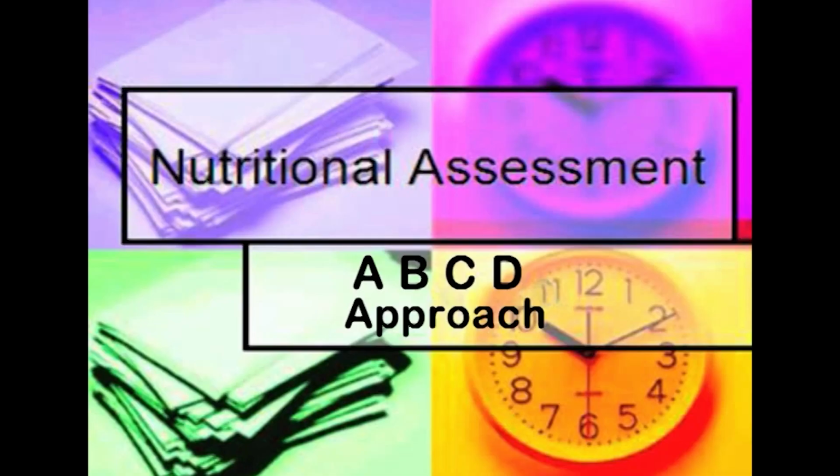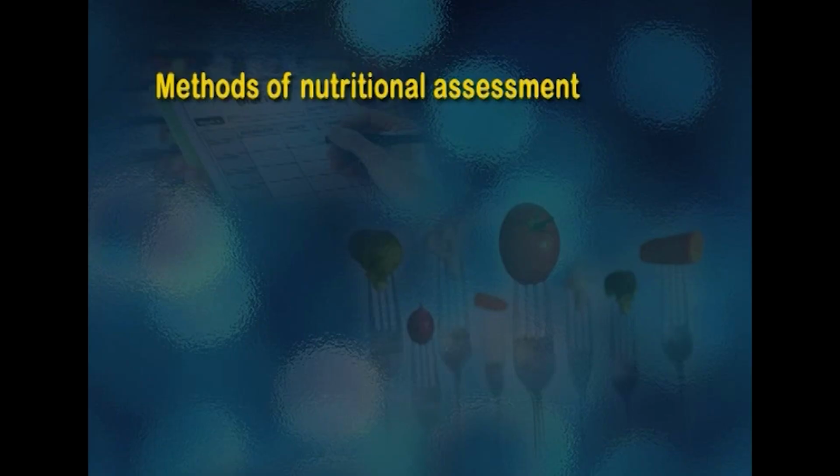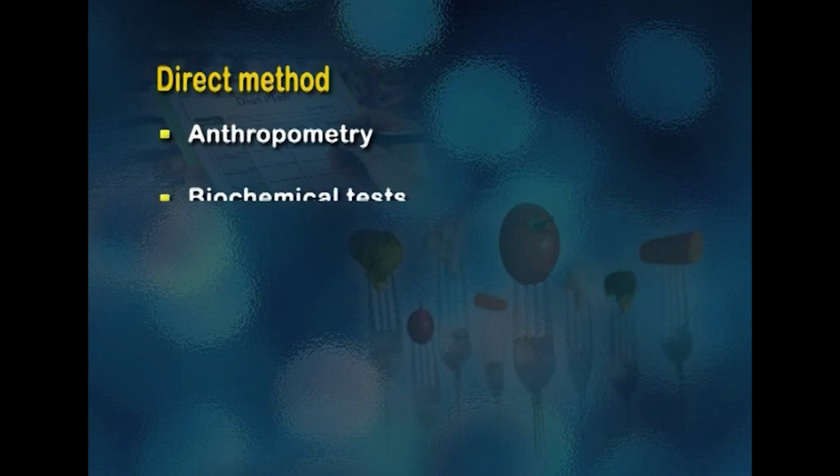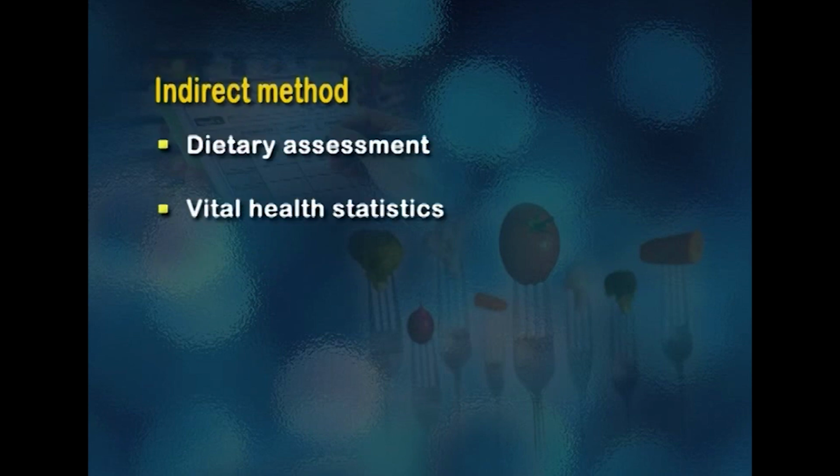Now let us discuss the various methods of nutritional assessment. They are categorized into 4 types, which is called the ABCD approach. We divide the assessment of nutritional status into 2 major categories, the direct and indirect methods. The direct method includes anthropometric measurements, biochemical tests, and clinical examination, whereas the indirect method includes dietary assessment and vital health